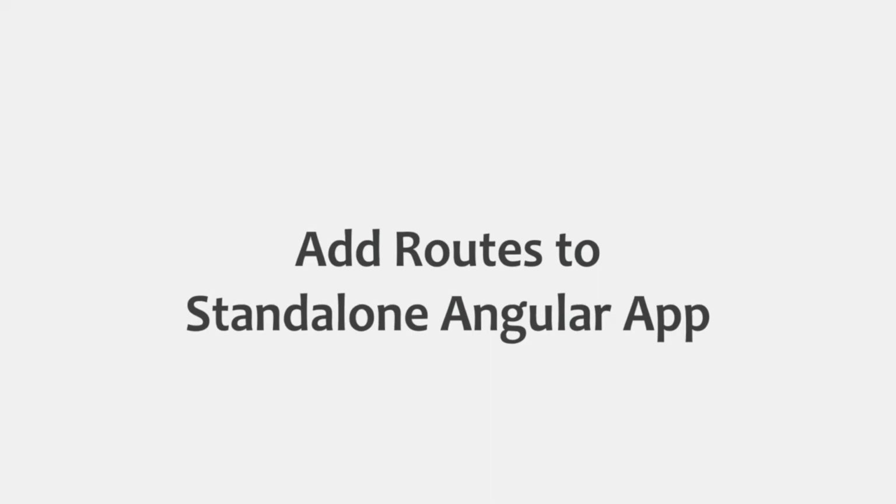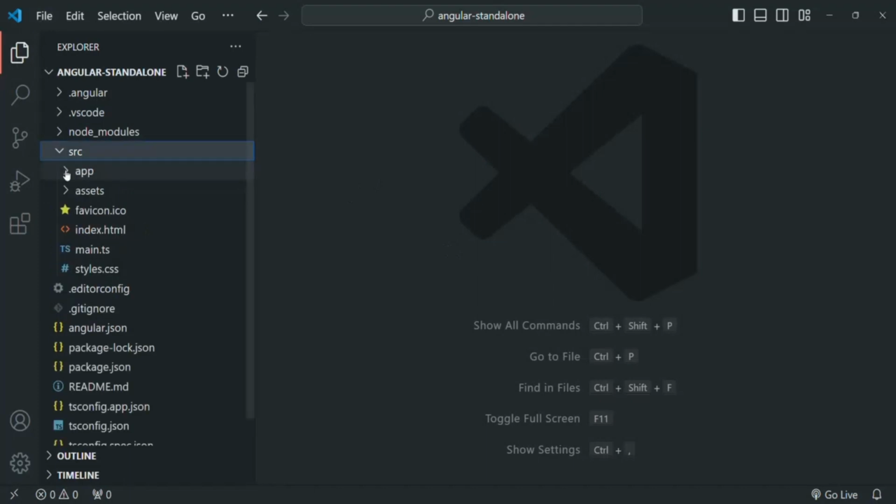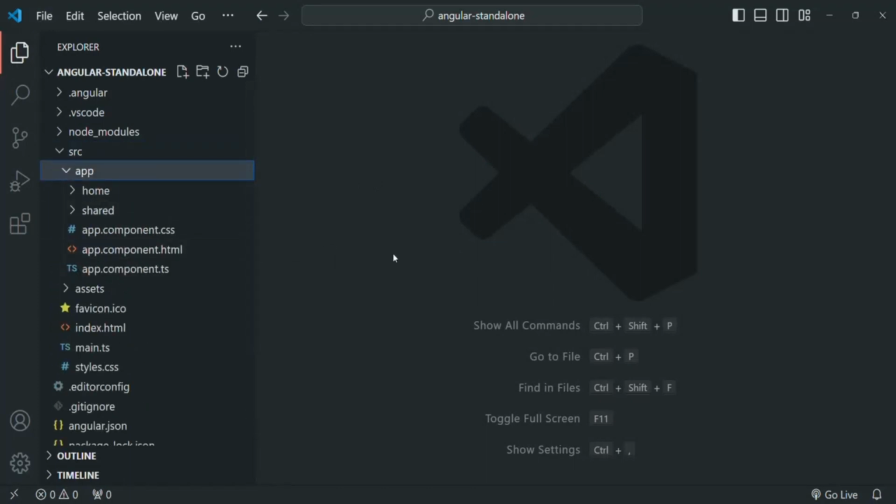Before we learn how we can work with routing and lazy loading in a standalone Angular application, let's first go ahead and add some routes for our Angular application. So let's go to VS Code, and here let's first create an app routing module